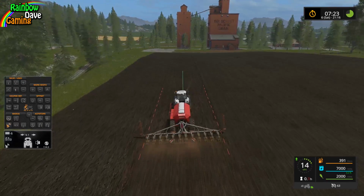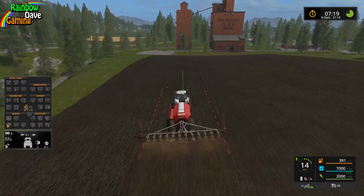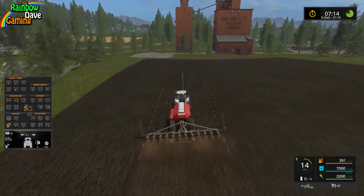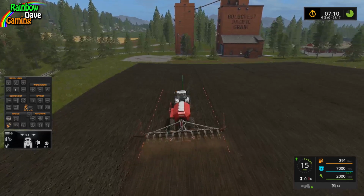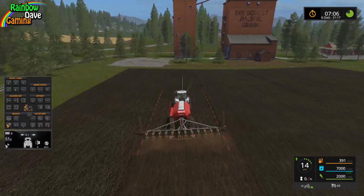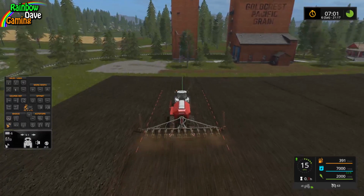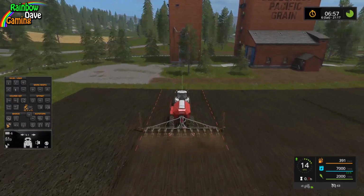The Krone Big M, the Amazone Pantera, the Amazone Profi Hopper even. That'd be pretty sweet in the game the way that it works now. Maybe even, you know, there's a set of Krone mowers out there as well. You could get Kverneland mowers. Yeah, there's a lot of stuff that could very easily be in the game that isn't, and it's...